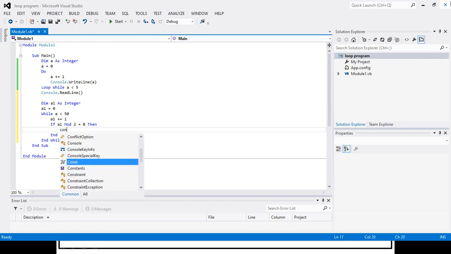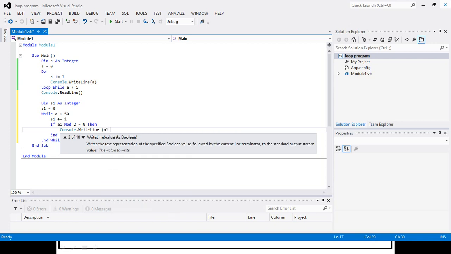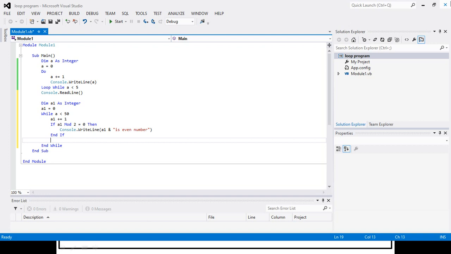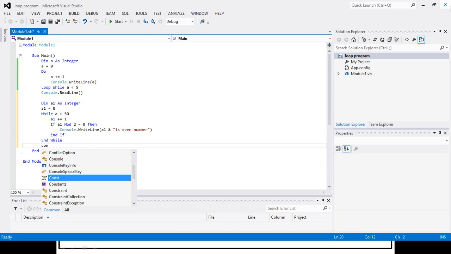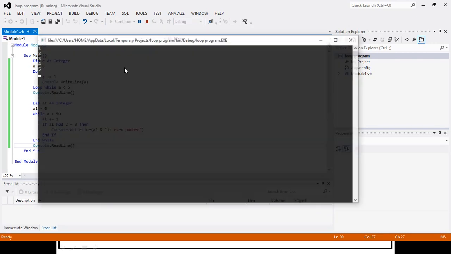So for that I will write Console.WriteLine, and here I will write a1 is even number. And after printing all the numbers there will be use of Console.ReadLine to see the result.